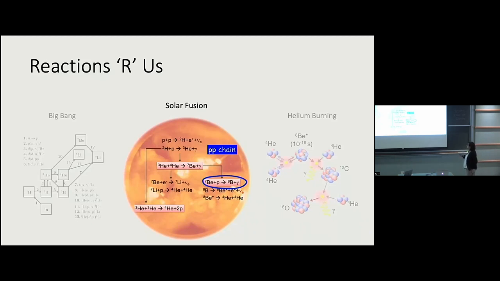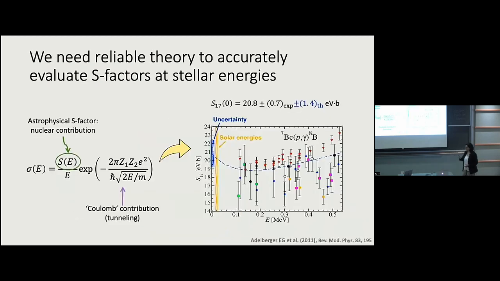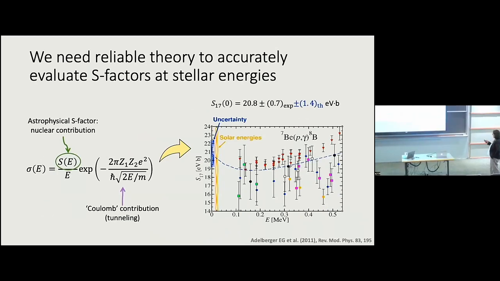the beryllium-7 P gamma reaction rate, which plays an important role in determining the flux of neutrinos that comes from the sun and that we can directly detect here on Earth because they are high energy enough that we can detect them. So, of course, this reaction is very important, has been measured many, many times over the years, and you can see here the experimental data, but the issue is that